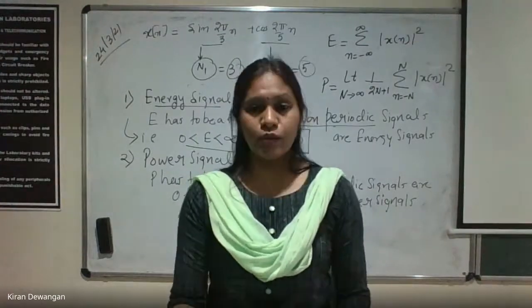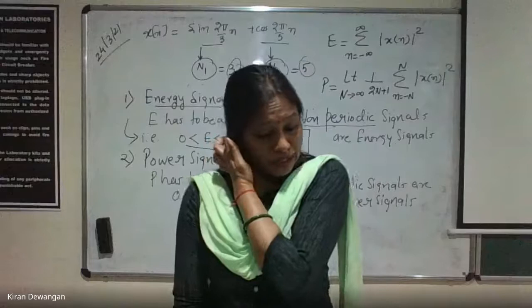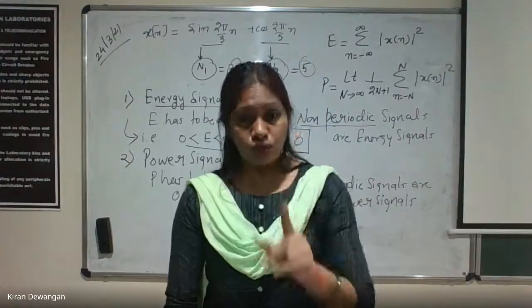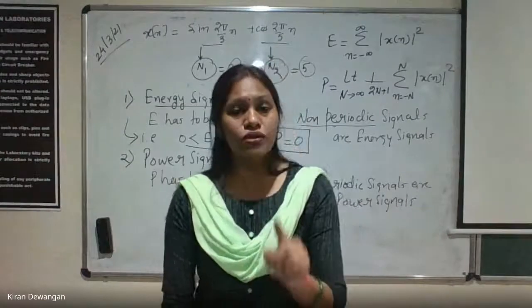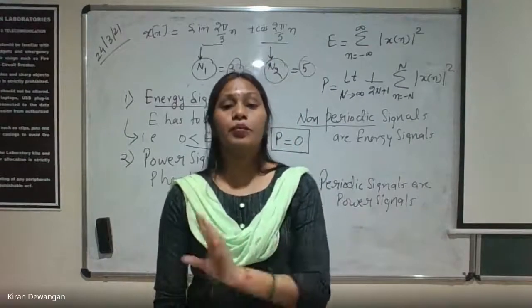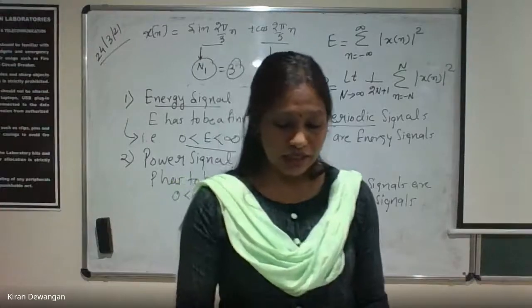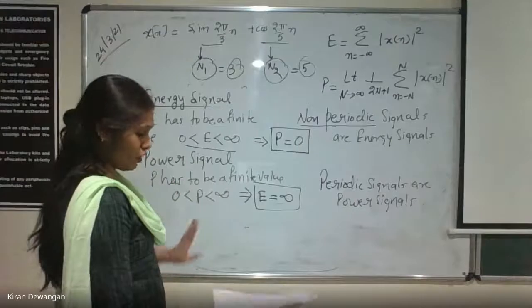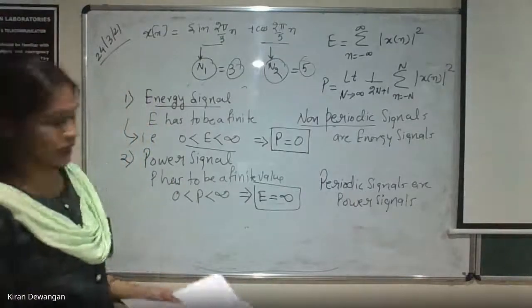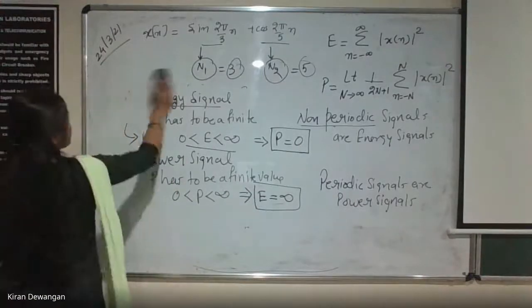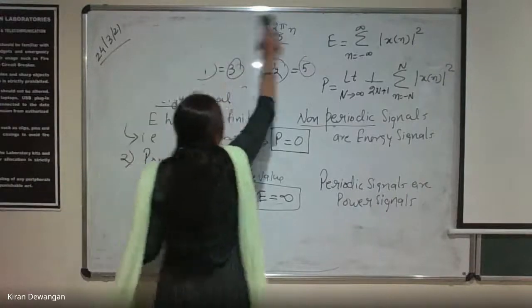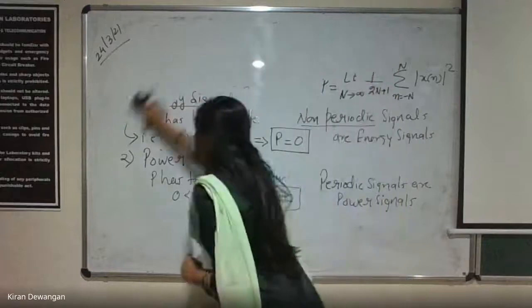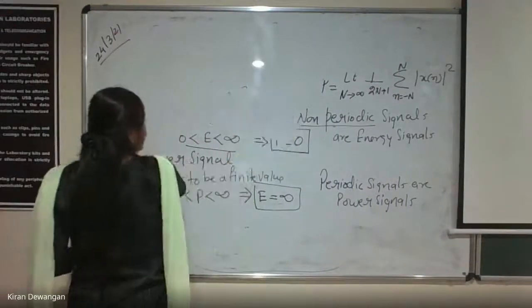So both energy and power signals are mutually exclusive. No signal can be both energy and power signal. No signal, this line is very important. No signal can be both energy and power signal. Clear? Now the next is that the signal that do not satisfy these properties कुछ भी नहीं है. We have already said. Now let us check the signal, whether the signal is energy signal or a power signal. Let us start with the first signal, sine signal. ठीक है, उसी से हम डायरेक्टली साइन क्या होता है? पीरियोडिक नॉन पीरियोडिक.